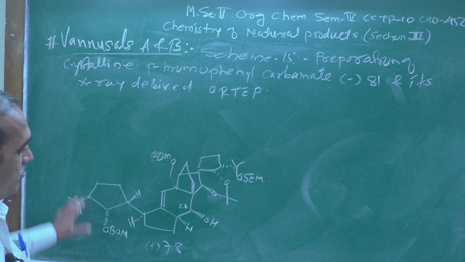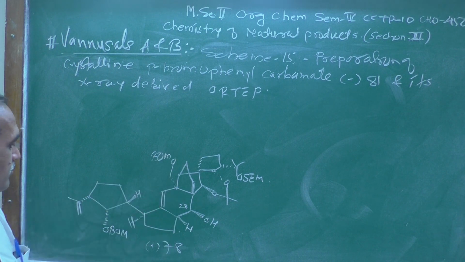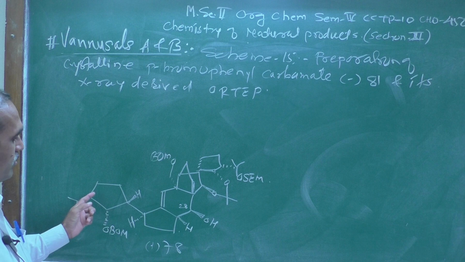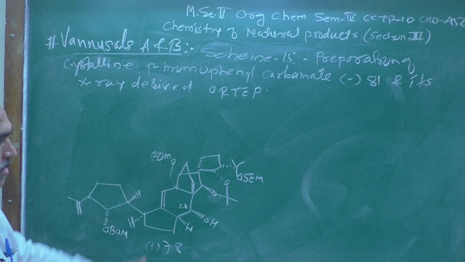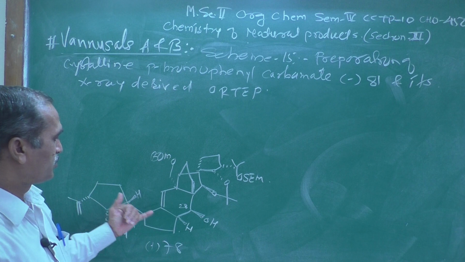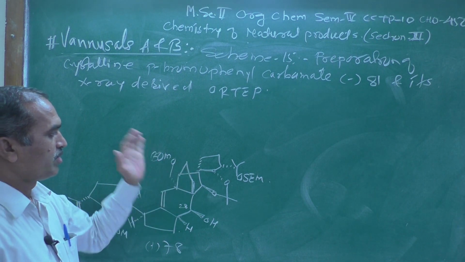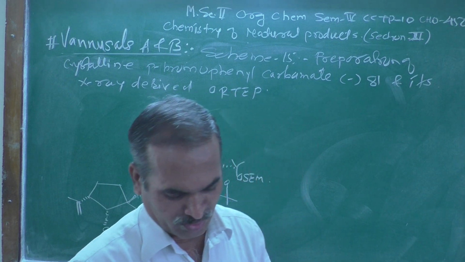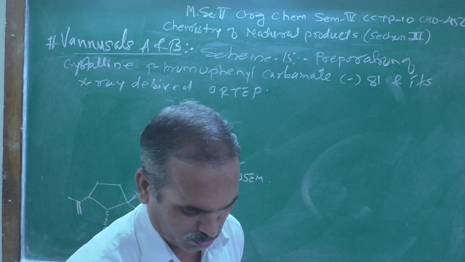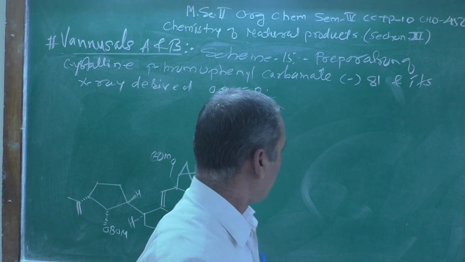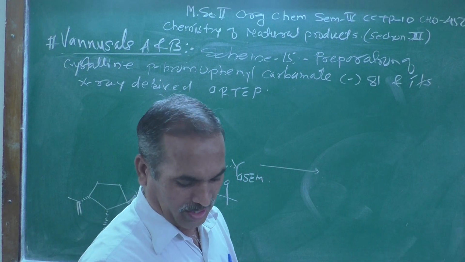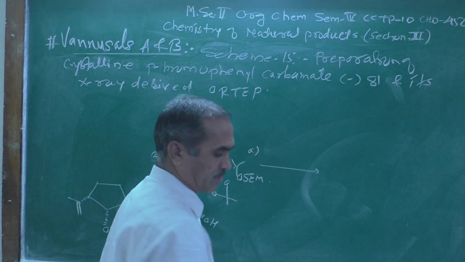Look at this structure. There are rings, the carbon framework required for Vannucell B, that we are nearly going to achieve. 1, 2, 3, 4, 5 and one more, one common 5-membered ring joined to the 6-membered ring that is shown over here. And now after that, when you add a reagent, let us see as a reagent